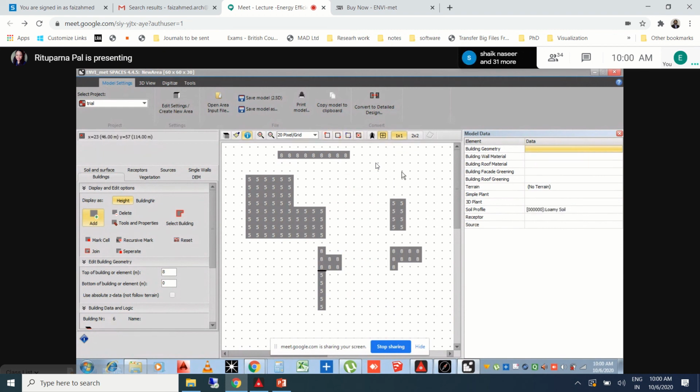Excuse me, ma'am. What is the difference between deleting it like this and the delete option near the add button? There is a delete option near the add option, on the left side panel, right next to it. I was able to delete it through that. So is there any difference? No, there is no difference.